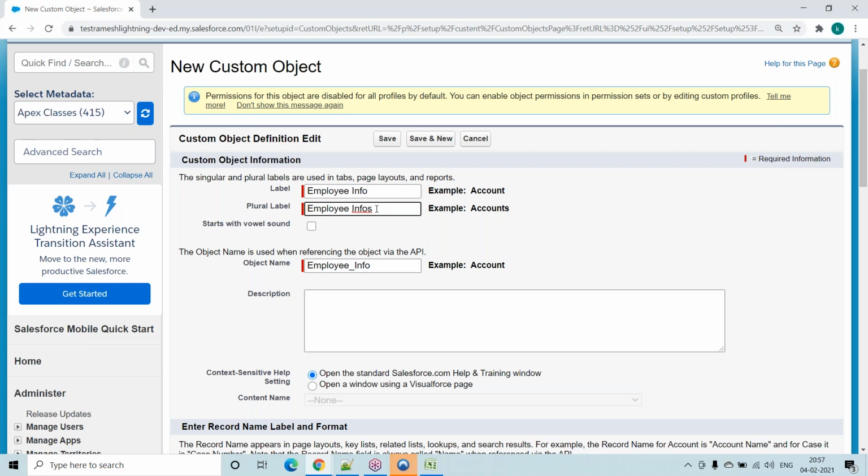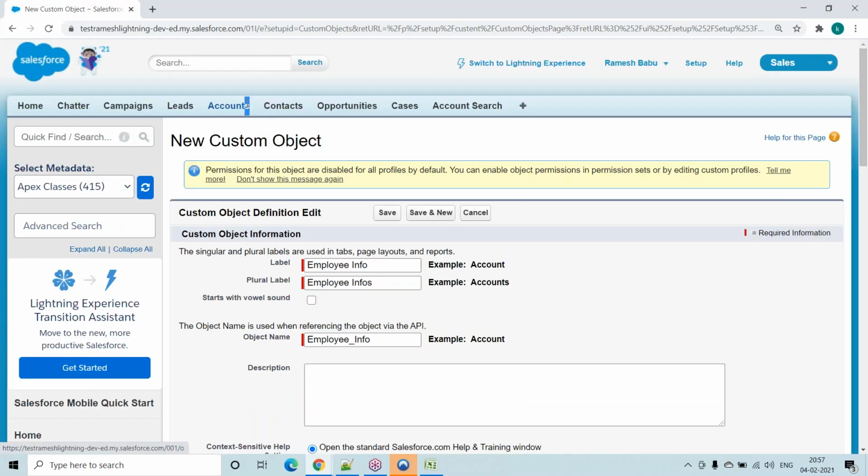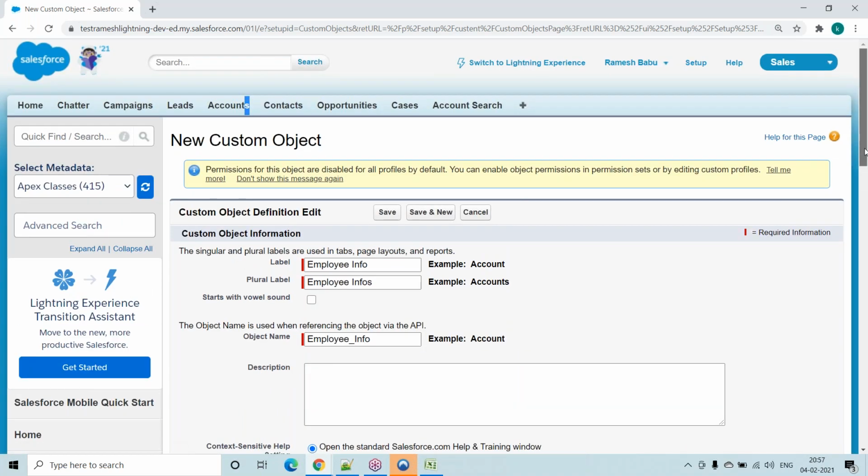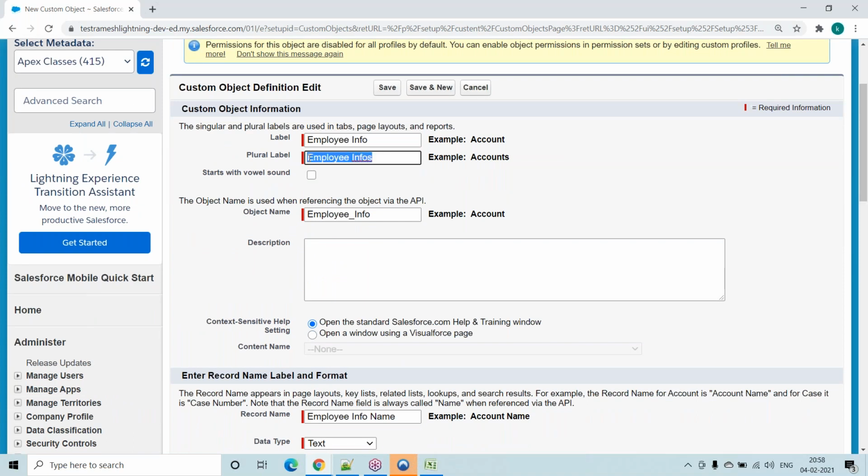We are following the same naming convention which is followed by Salesforce for standard objects, which is providing an s at the end. If the plural label is the object name, at the end we give an s. Just remember these three.